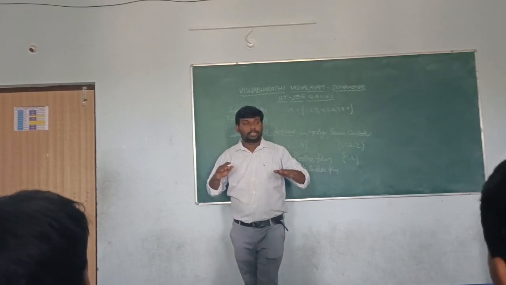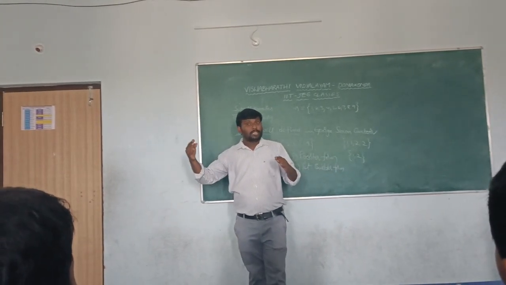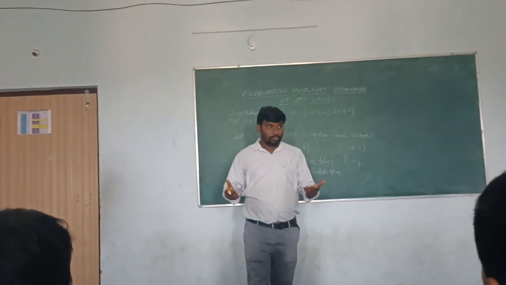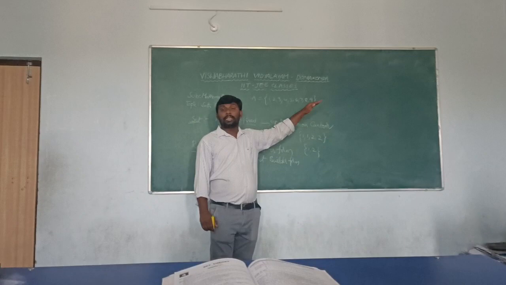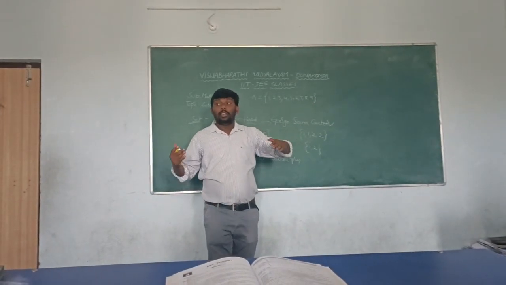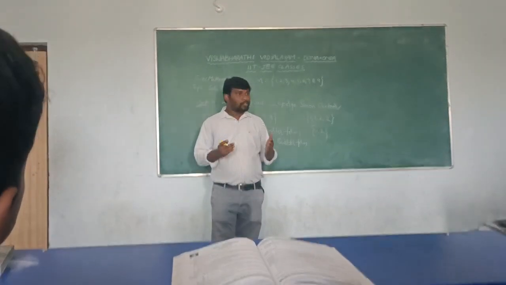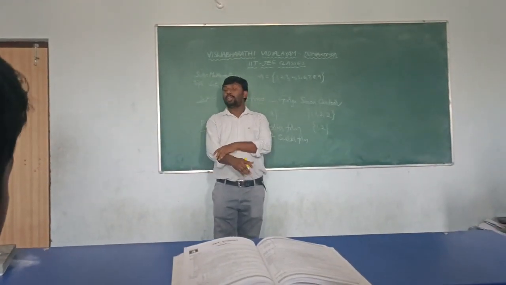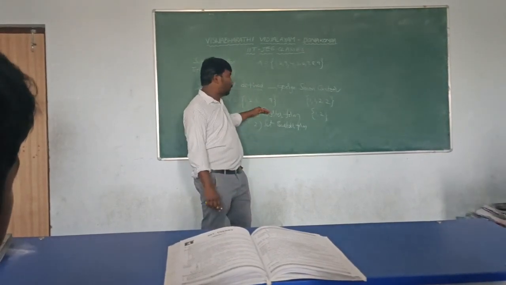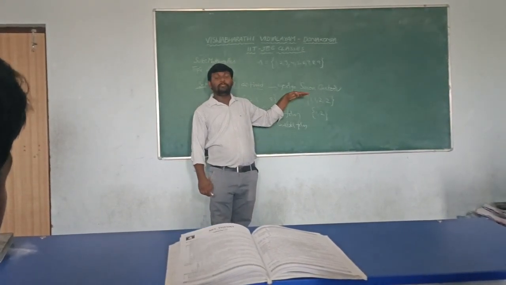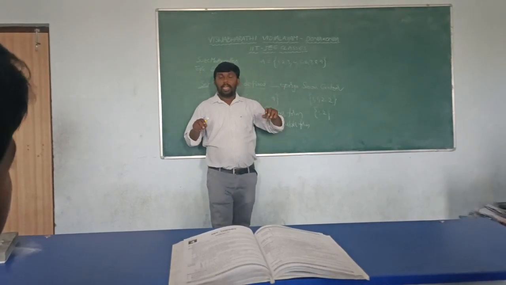If I say less than 10, I have to write till 9: 1, 2, 3, 4, 5, 6, 7, 8, 9. If I say less than or equal to 9, I can say this in two ways. What are those? Set of natural numbers less than 10, and set of natural numbers less than or equal to 9. Both are the same. So in roster form, we represent every element of the set by itself and separated